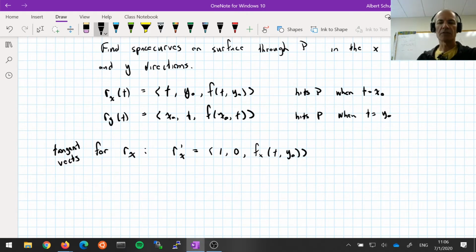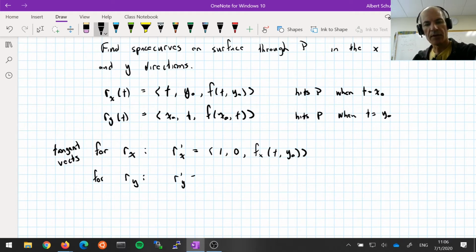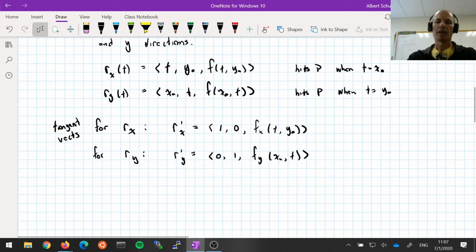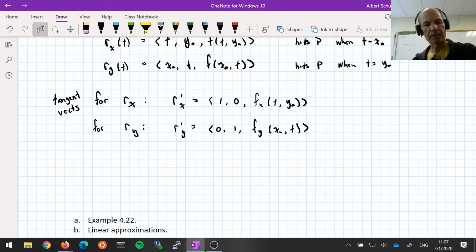So this is tangent. And similarly, for r sub y, we can compute r sub y prime as 0, 1, f sub y, x naught, t. This is tangent. The first one is tangent in the x direction along the curve, along the surface. The second one is tangent along the y direction. If we want a normal vector,